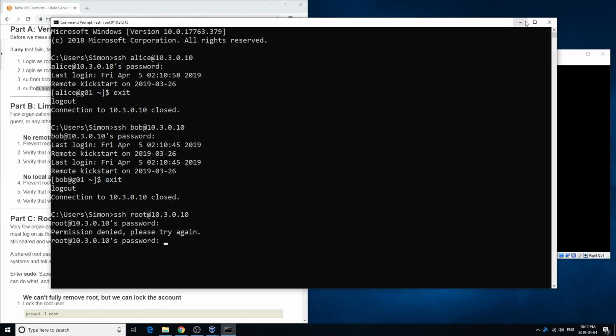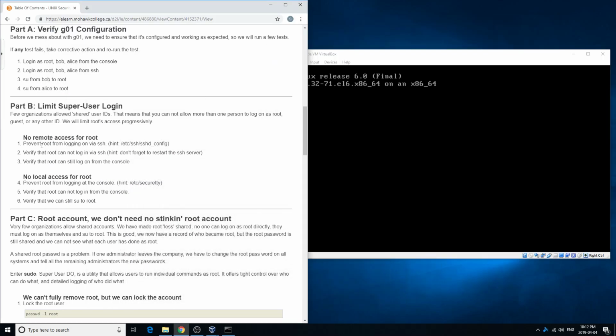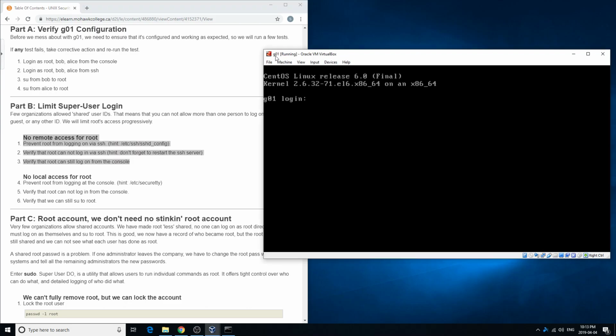So for now, I'm going to minimize this, but if this is working and root is not able to log in, you don't have to worry about the next step that I'm going to do, and you can actually close this window. But if you could log in as root, minimize it for now, and we'll go through this. So this section is for anyone who had the ability to log in as root over SSH. What we're going to do is in Geo1, we're going to log in as root,